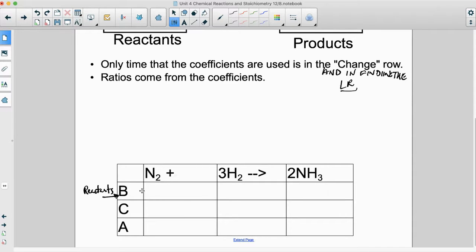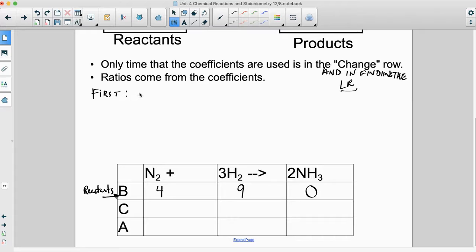So here in our before line, we can see from the particle diagram that we have 4 nitrogens and we have 9 H2 molecules and we have 0 ammonias. So that's what we fill in right here. Now, before we do the change line, we first always